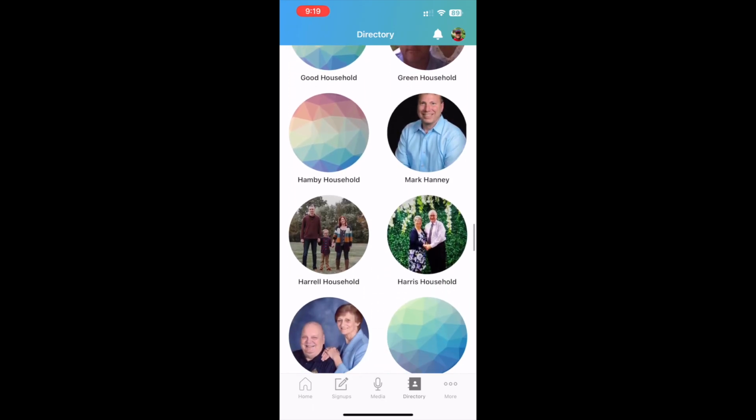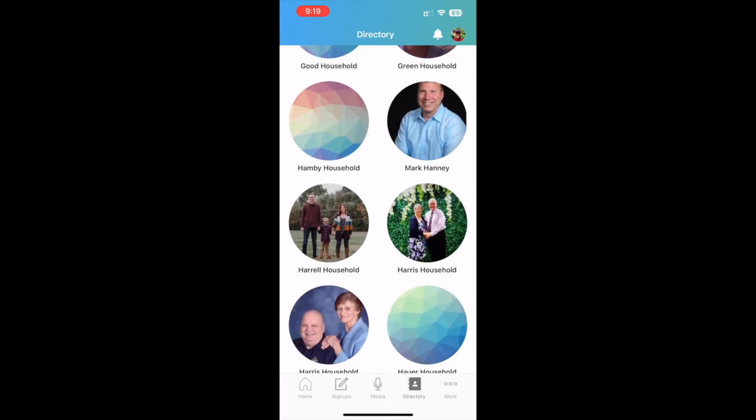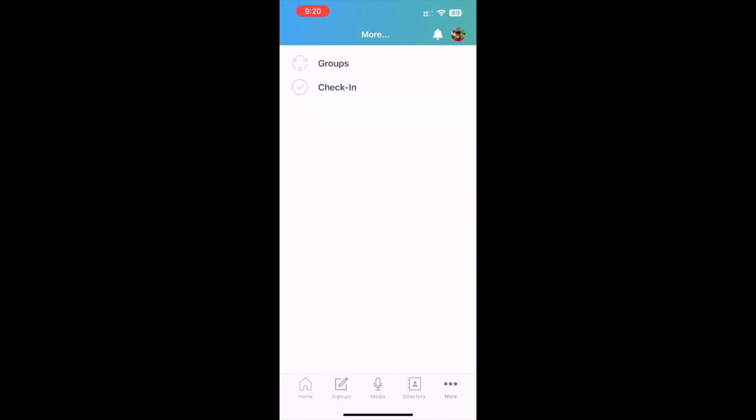Now, when we push the More button, there's a couple different things that are important under the More button. There's just not enough space on that bottom toolbar to see everything. So More, there's two different things that are extremely important. One is the word groups. Now, if we were doing small groups right now, this would be the methodology that you use in order to sign up for a small group. But we are not doing small groups right now, so we are using,